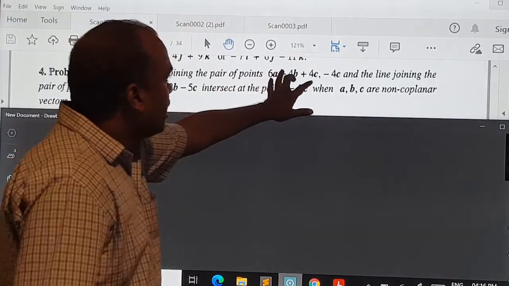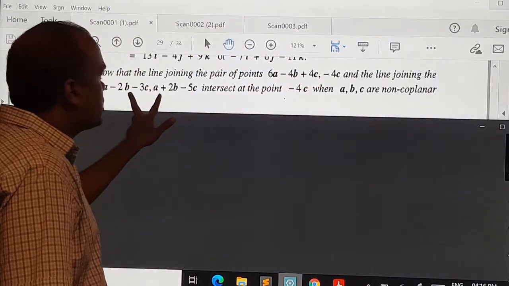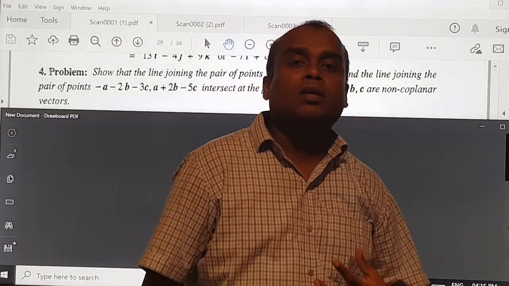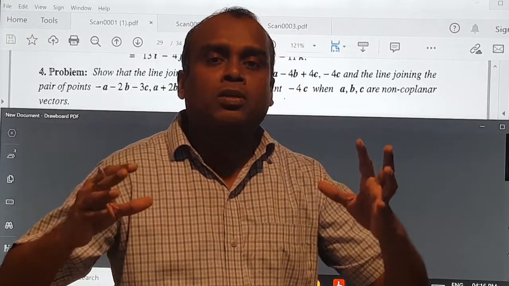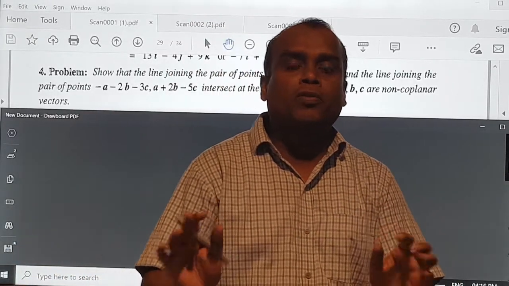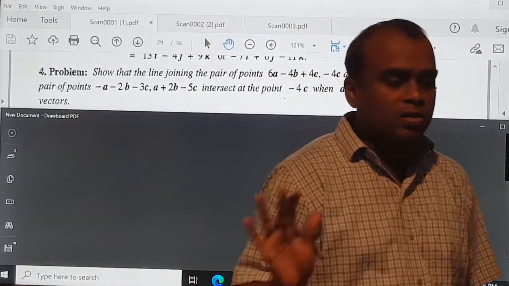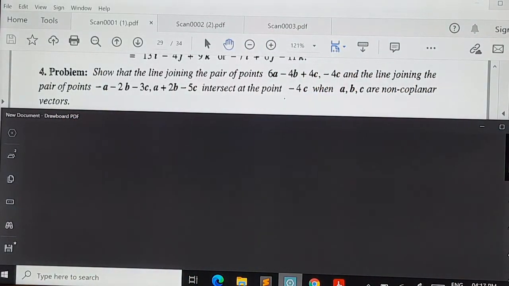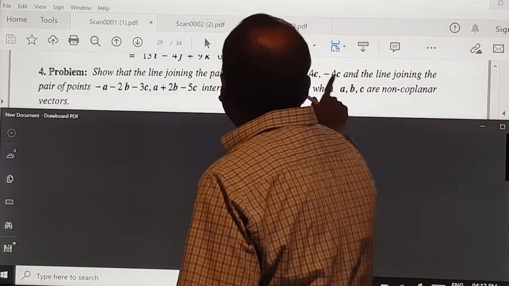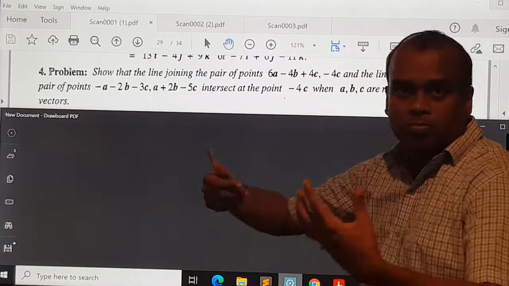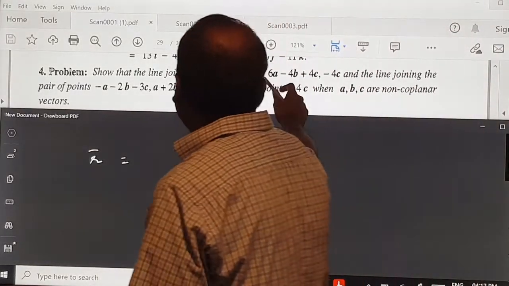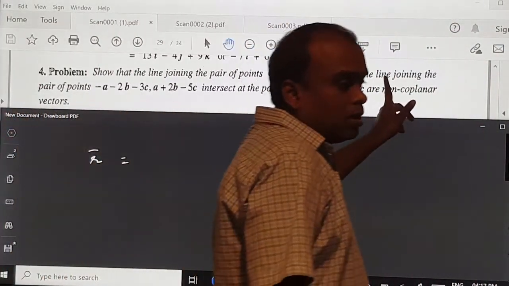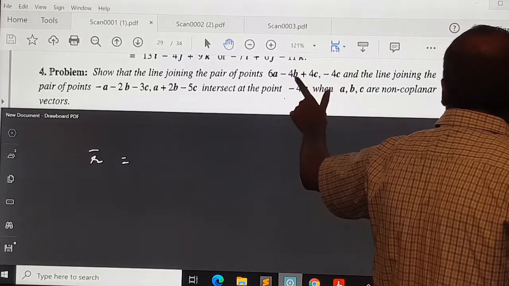I am considering the line joining these two, and then the line joining these other two, and then I am going to find the point of intersection of those two lines. So basically in this problem we are going to learn how to find the point of intersection of two lines. That is what we are going to learn here. So take the line joining the first 2 points, these are the points. You can go for r bar is equal to a bar plus t b bar. I prefer that, a bar plus t b bar, where b bar is the vector along this line. It is very easy to see the vector along this line.